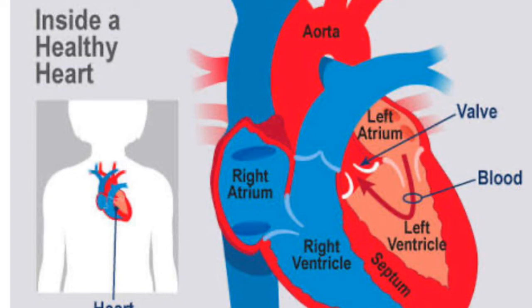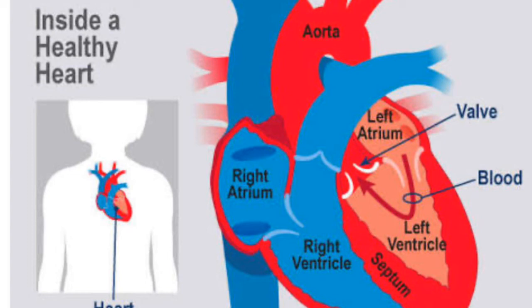The systemic circulation provides the functional blood supply to all body tissue. It carries oxygen and nutrients to the cells and picks up carbon dioxide and waste products. Systemic circulation carries oxygenated blood from the left ventricle through the arteries to the capillaries in the tissues of the body. From the tissue capillaries, the deoxygenated blood returns through a system of veins to the right atrium of the